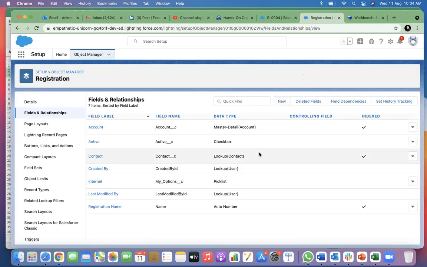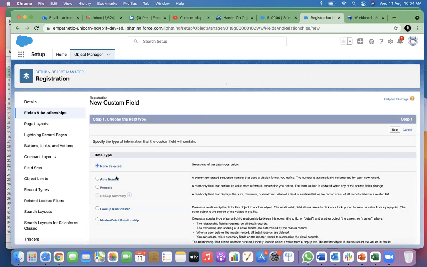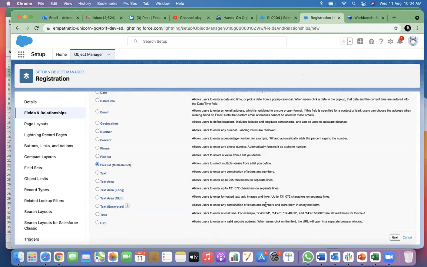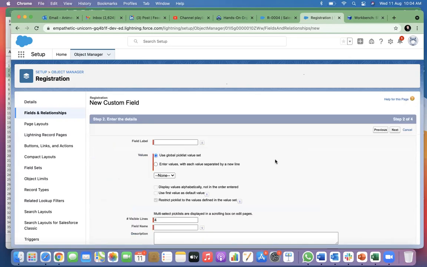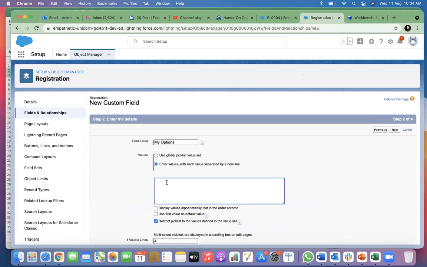So pick list. What if I want to choose more than one value? Then I will use multi-select pick list. My options. Same thing. Here I will say maybe TV, fridge, TV, fridge, phones.